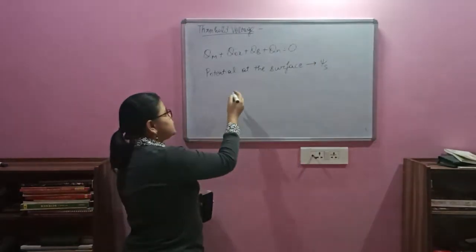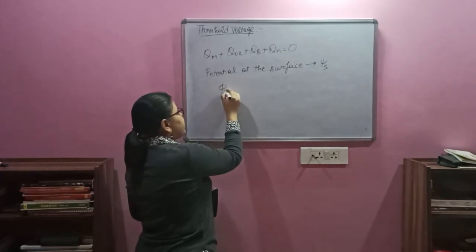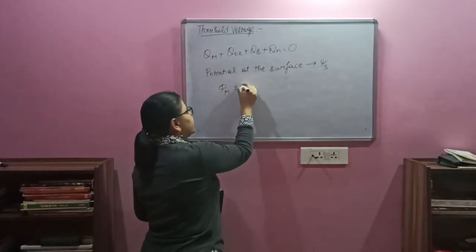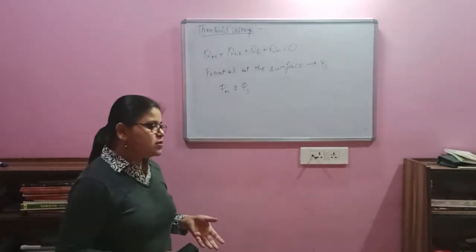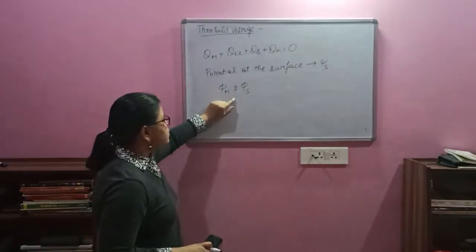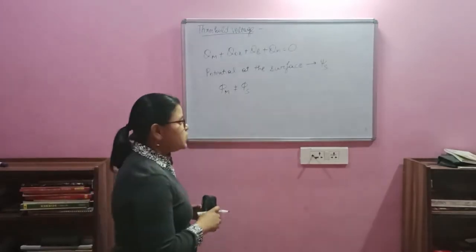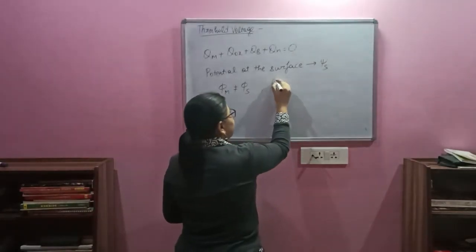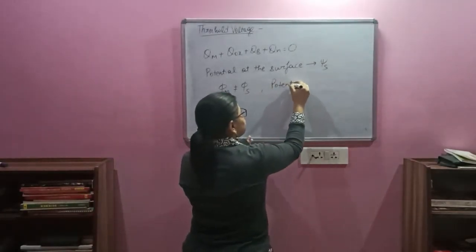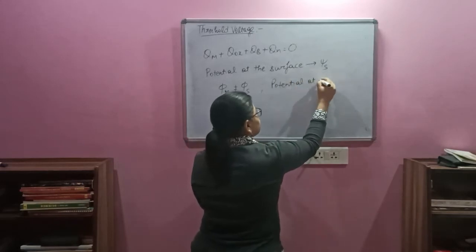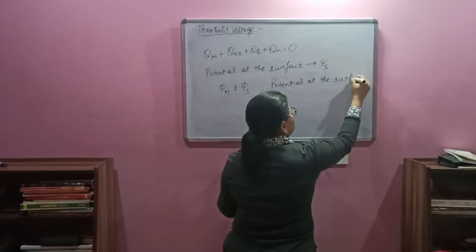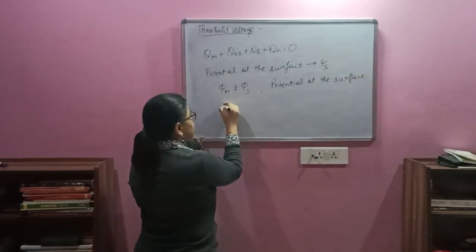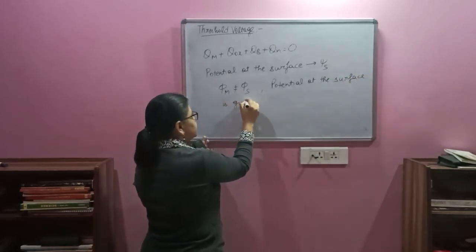And since we know that phi m is not equal to phi s, it means there is a work function difference between the metal and semiconductor, and because of this work function difference, the potential at the surface, this surface is the silicon and silicon dioxide surface,